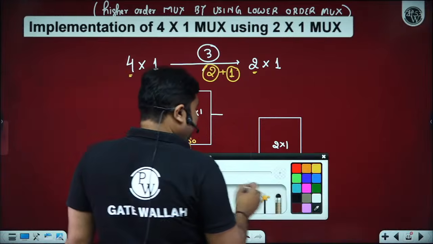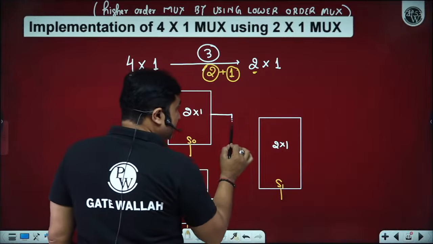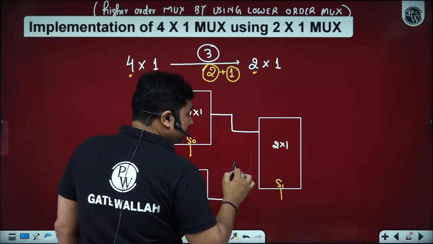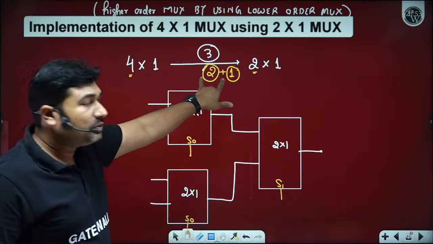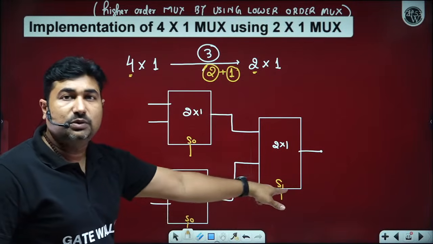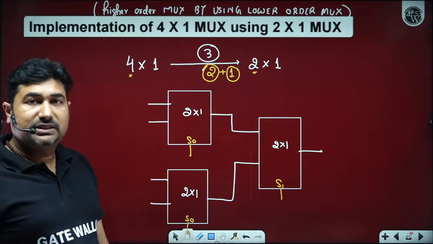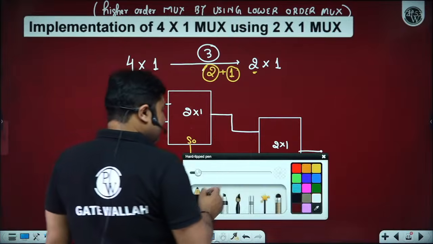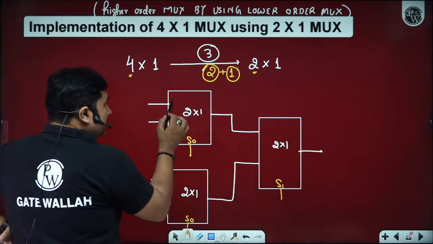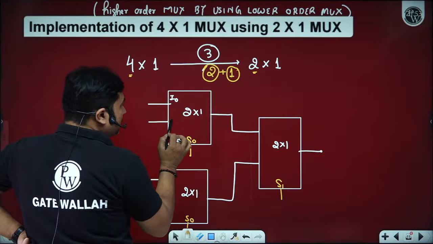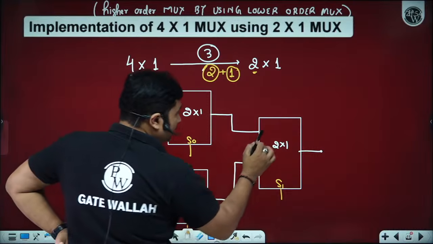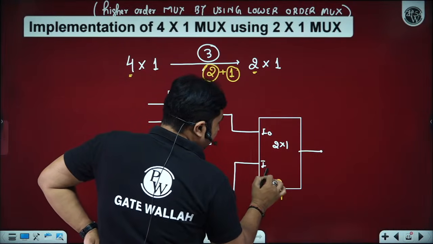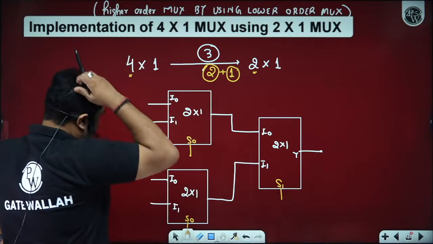Now please observe, beta ji, whatever output is from the previous multiplexer is going to become the input to the next multiplexer. So this 2 plus 1 also indicates how to connect 2x1 multiplexers to construct a 4x1 size multiplexer. Now please observe, conventionally this is your I0 pin, this is your I1 pin, I0 pin, I1 pin, I0 pin and I1 pin. And we have output Y. Is it okay? Yes, sir.